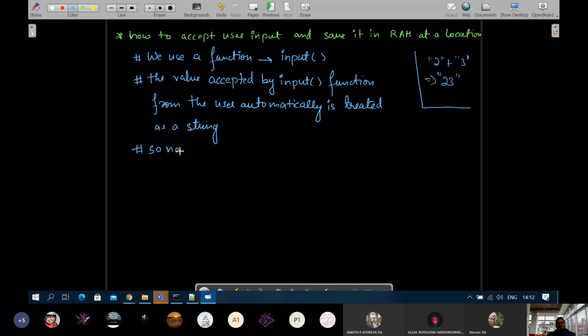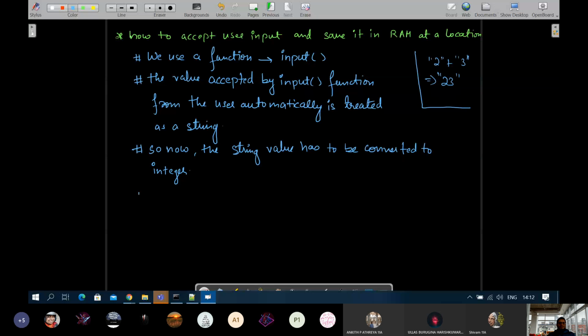So now, this is the last part we are discussing. Uske baad we'll stop. So now the string value has to be converted to, let's say, integer.